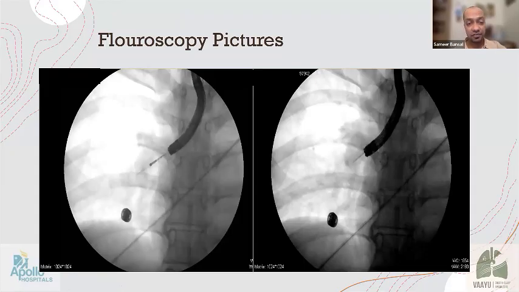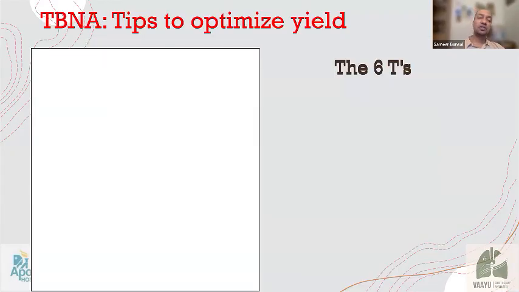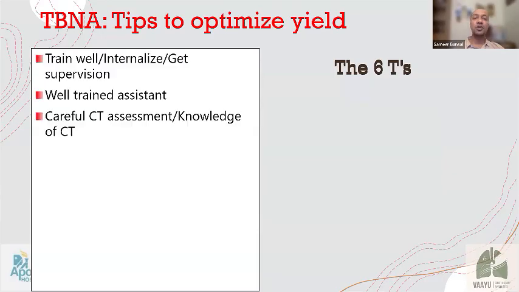those answers from there. And what it showed was, you can see over here, this was the granuloma. This was a necrotic granuloma. This is just the blood and your regular lymphocytes, which favored tuberculosis, and accordingly she was started on therapy for that. So to summarize, what are the tips to optimize yield: train well, internalize everything, and get supervision for those